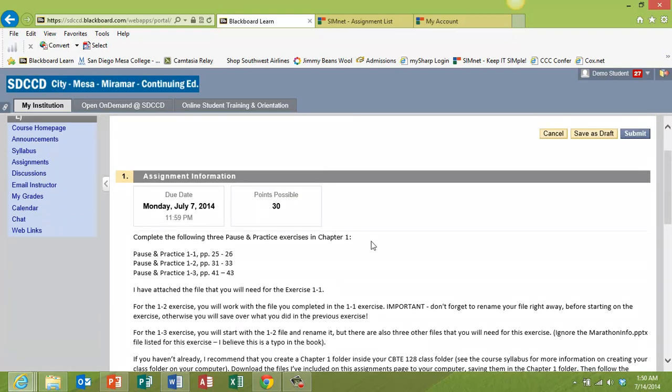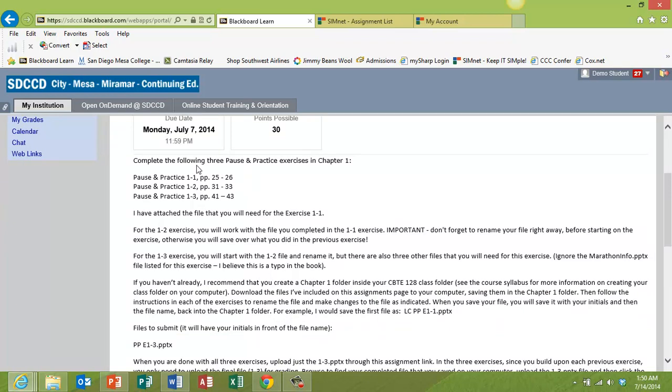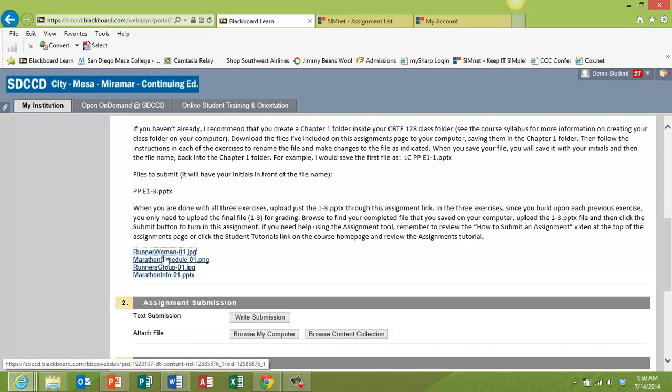And on this page, you'll see the due date. Make sure you consult your syllabus for the exact due date. This is just an example. The points that are possible. And then there's information on which exercises you're going to do, and then any other information that I want you to know about this particular assignment. So as I scroll down, I do see the